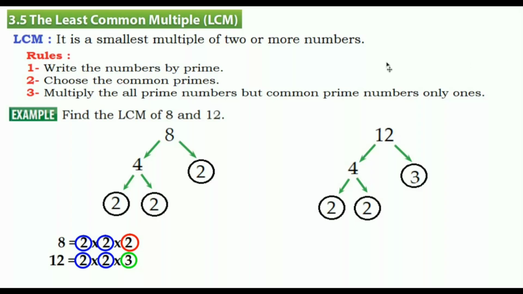Everybody, now what can we do? We are going to multiply all the prime numbers, but common prime numbers only once. These are common, so only once. Let's see what I mean. 2 comes from the first, another 2 comes from the second. Then the red one and the green one. If you multiply them, you will get